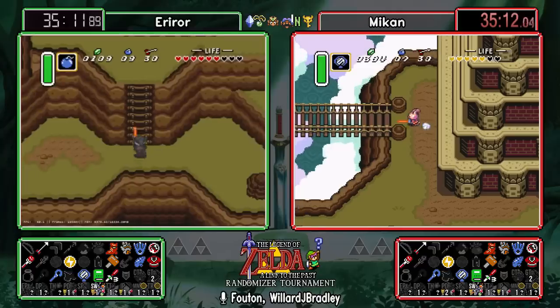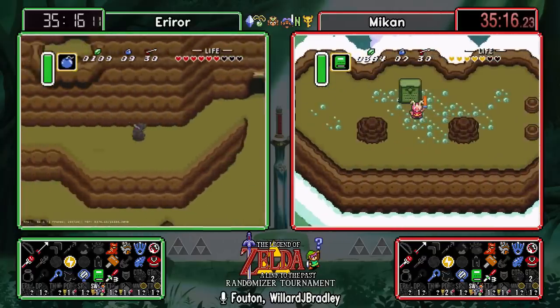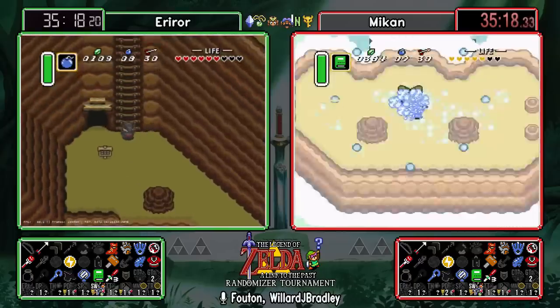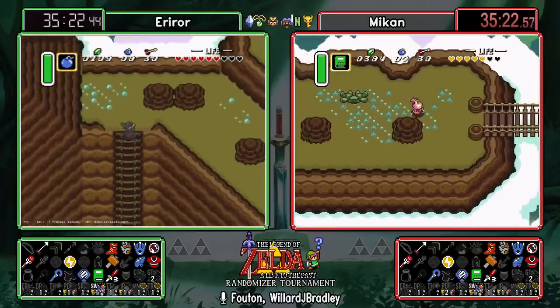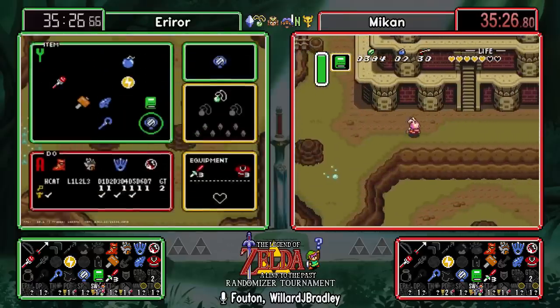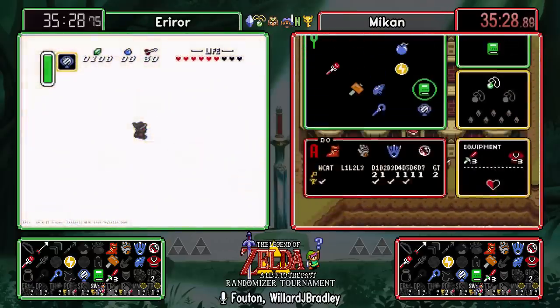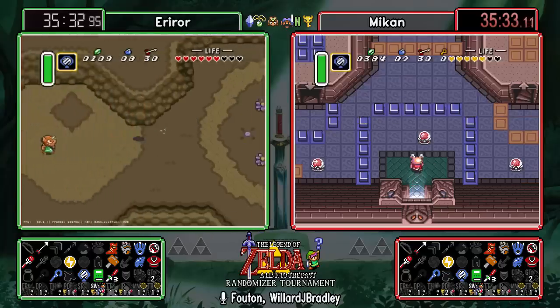And Mikan takes the lead. I've really only seen that bomb jump from Zelda, so I don't know how to set that. Did Mikan skip the hint in Spike Cave? Or Spec Cave, and I believe he did. Real quick peek. So, you're likely going to miss out on that unique item in pod hint, but...